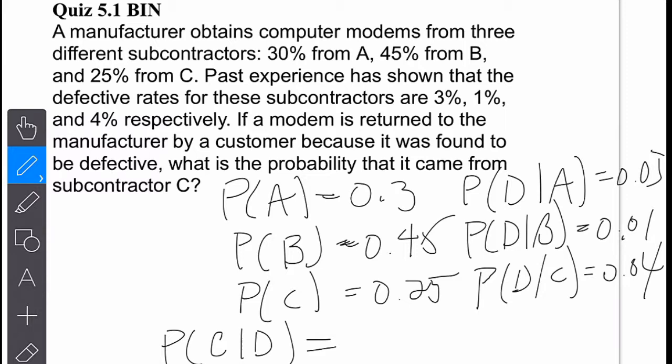So again, it's a Bayes thing where I want to find the probability of C and D divided by the probability of D, and so